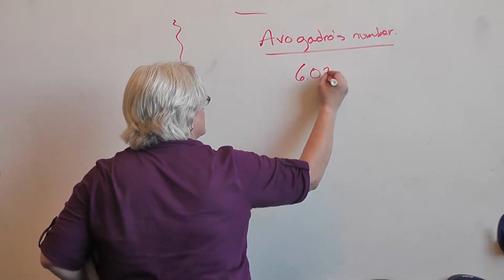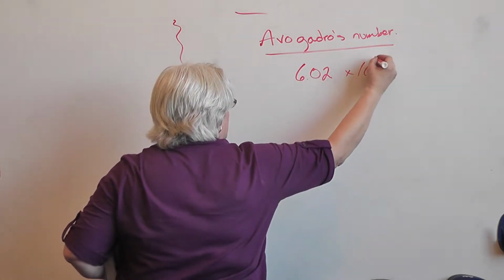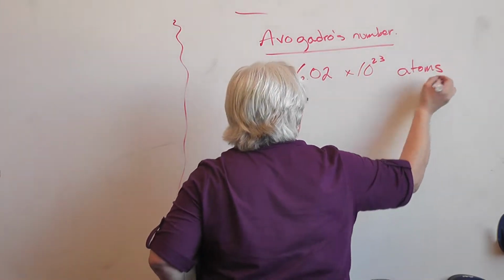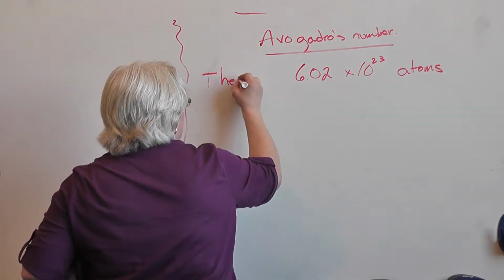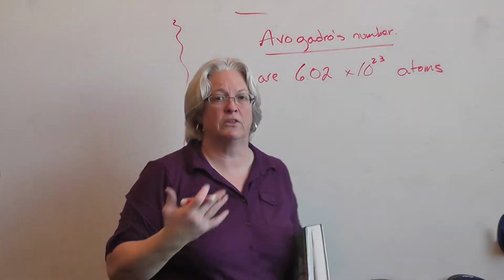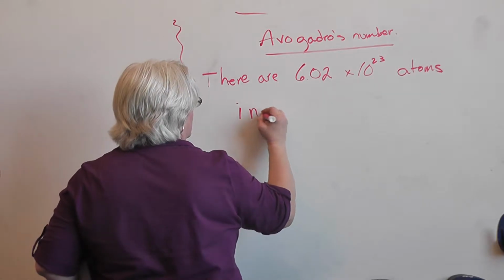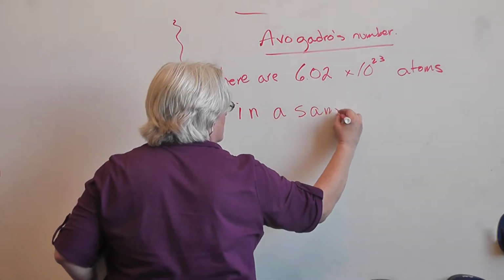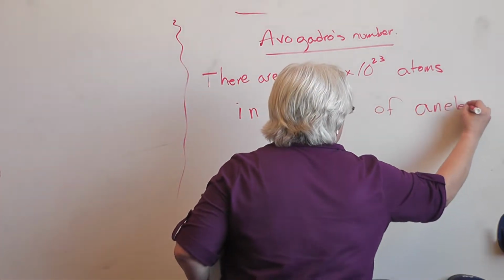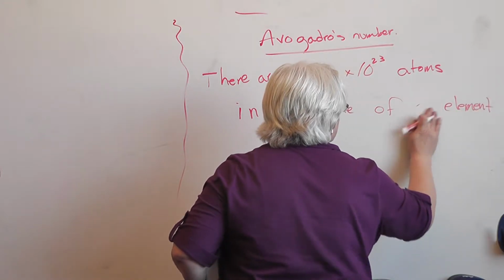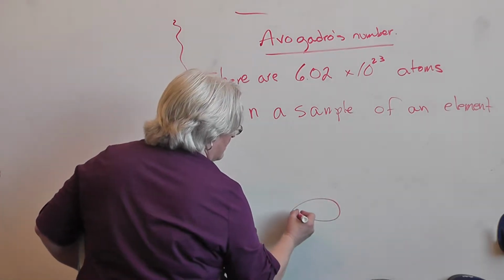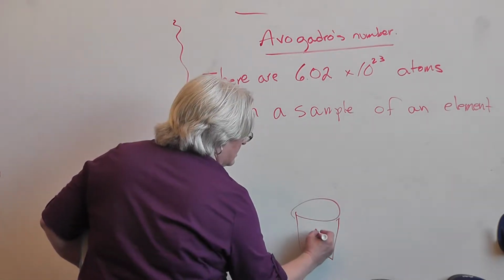First off, it's 6.02 times 10 to the 23rd atoms. So there are 6.02 times 10 to the 23rd atoms in a sample of an element. In a sample of an element. Let's just say that right in here, this contains the element